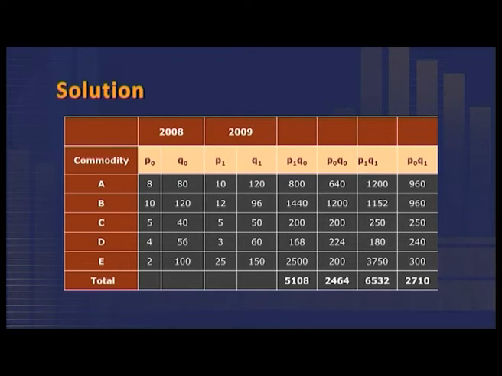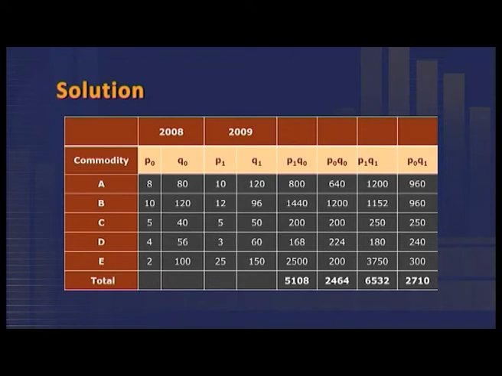In the first column, we have the commodities. The second column, we have the base year price P0. In the third column, we have the base year quantity Q0. In the fourth and the fifth column, we have the price P1 and quantity Q1 of the current year. The sixth column indicates the product of P1 Q0 and the total is equal to